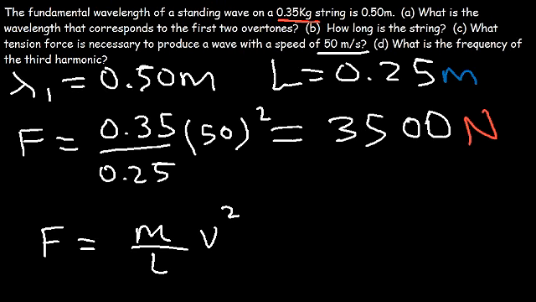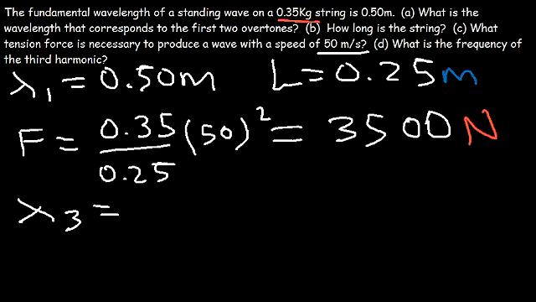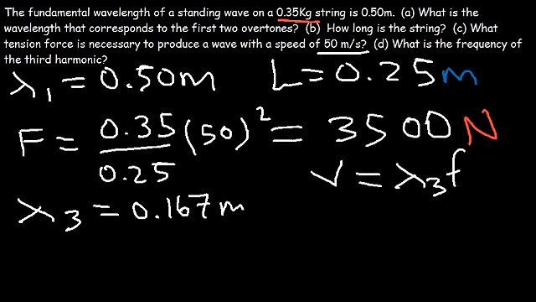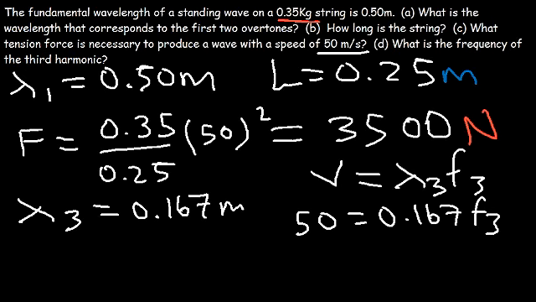Now, what is the frequency of the third harmonic? What different ways can we use to find it? So keep in mind the wavelength of the third harmonic is 0.5 divided by 3, which we said is about 0.167 meters. So to find the frequency, we can use this equation. v is equal to lambda 3 times f3. So the speed is 50. Lambda 3 is 0.167. So f3 is going to be 50 divided by 0.167, which is approximately about